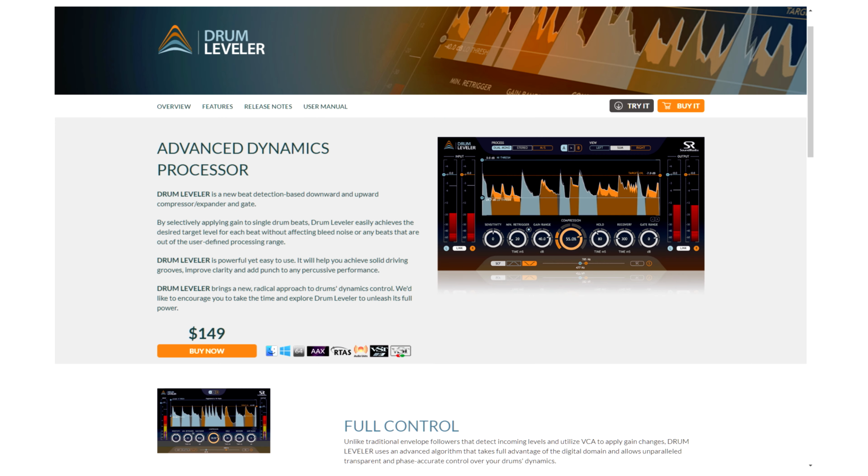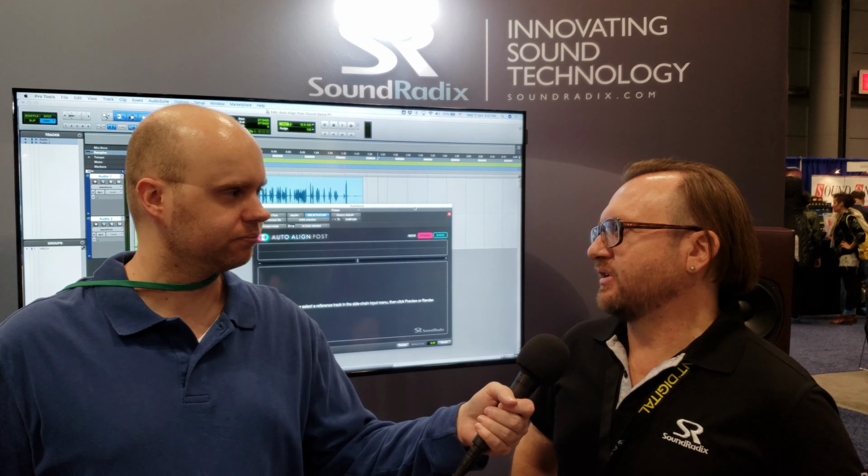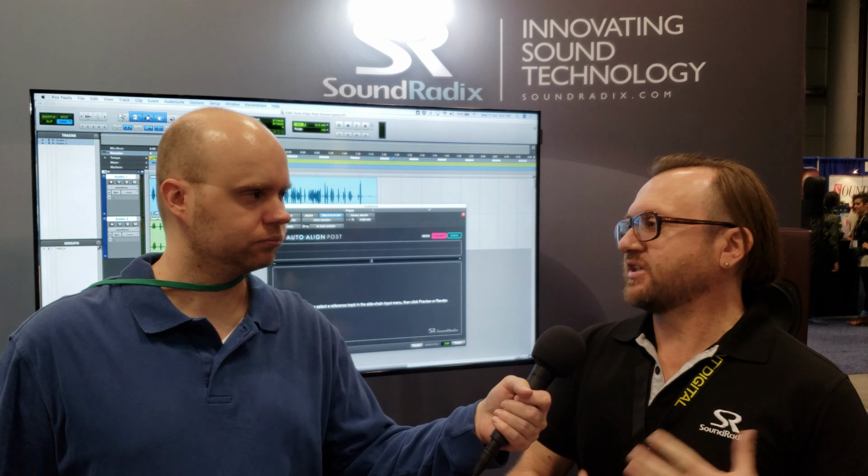And then the other two I want to talk about just briefly. Drum Leveler. Drum Leveler, it's not a new product, but it's a very good one and a very important one. So just give me a brief on that. So the idea about Drum Leveler is to enable you to control the dynamics of the performance and the sound at the same time. With regular compressors, usually you're kind of locked into controlling the dynamics, but you're also locked into the character of the sound.